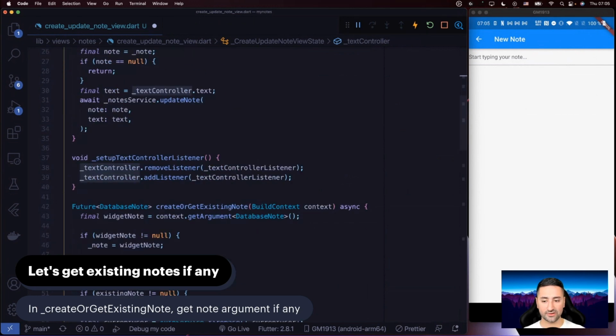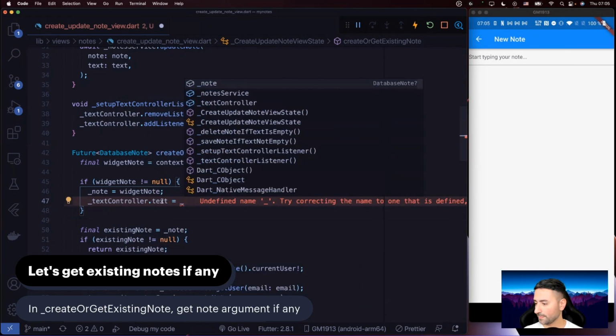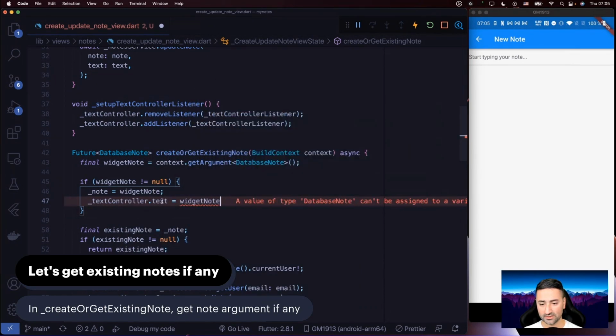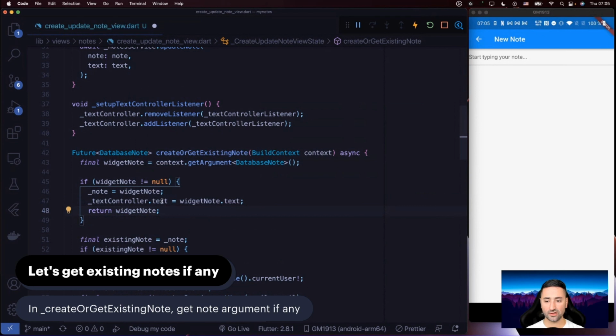Okay, so let's go and set that text controller's text. I'm just going to say text controller dot text is equal to widget note dot text. And then we're just going to return the widget note. So the note that